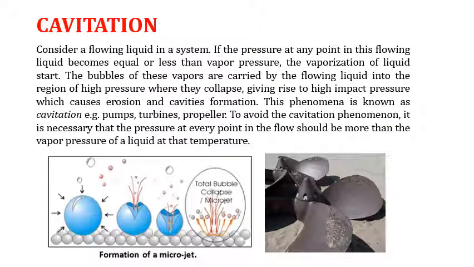Cavitation is a phenomenon that is seen commonly in pumps. A pump has the suction side and a discharge pipe. The suction pipe has low pressure, vacuum pressure, but the discharge pipe has higher pressure. The diameter of the suction pipe is greater than the discharge pipe. What happens basically is the pressure inside the suction pipe is lesser, negative, or you can say vacuum pressure. And if the pressure inside this suction pipe gets below the vapor pressure of the liquid, the phenomenon of vaporization will begin, and bubbles will be formed,